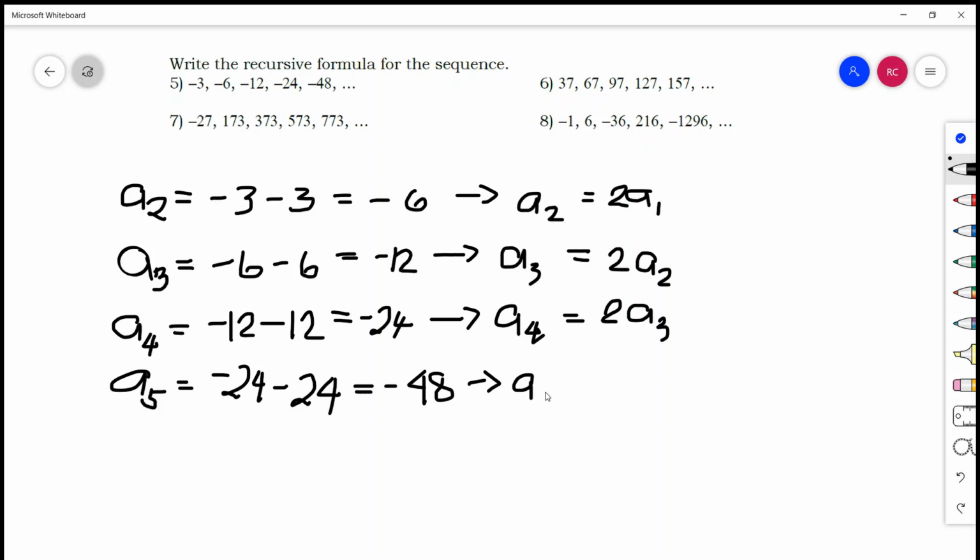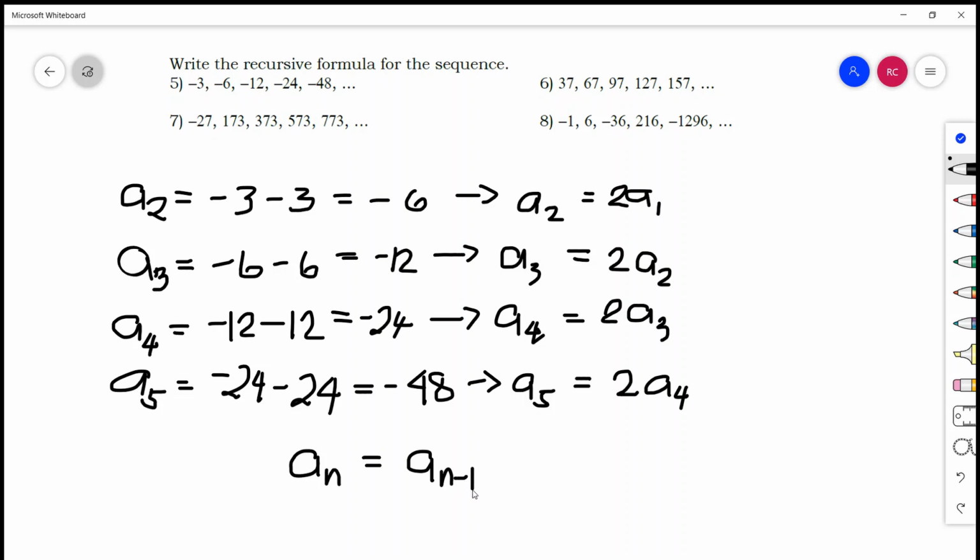So our fifth term is twice the fourth term. So therefore, our recursive formula for this sequence is a sub n is equal to a sub n